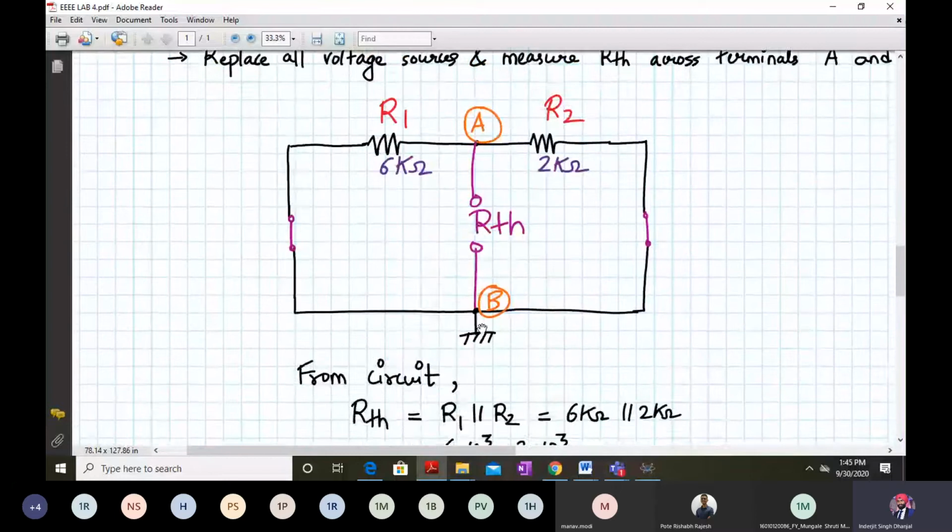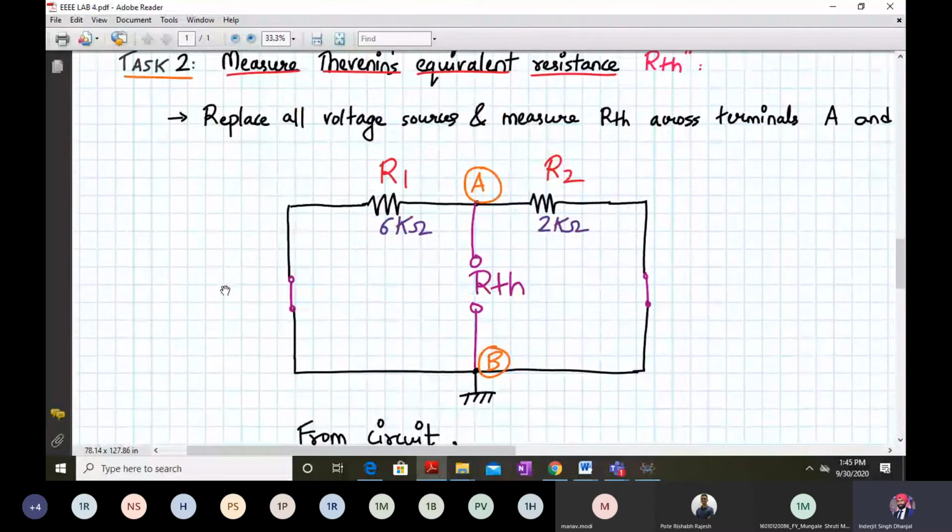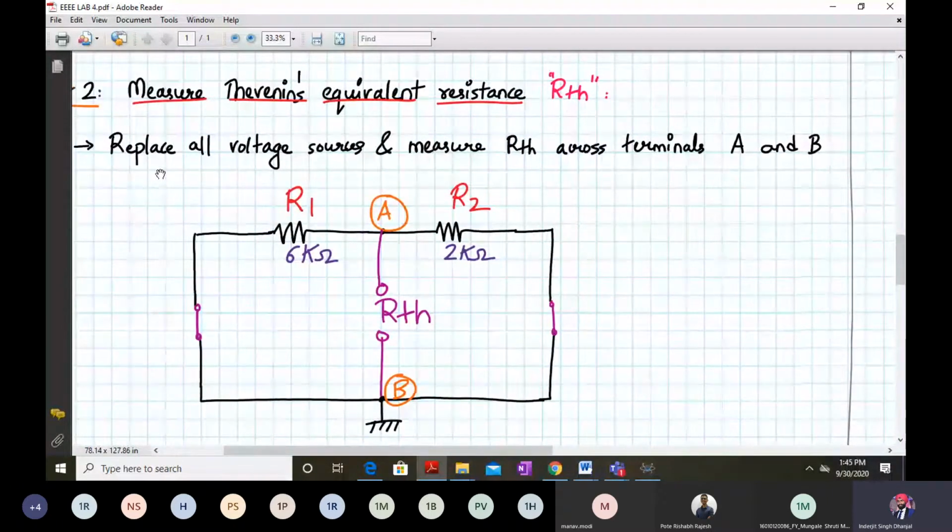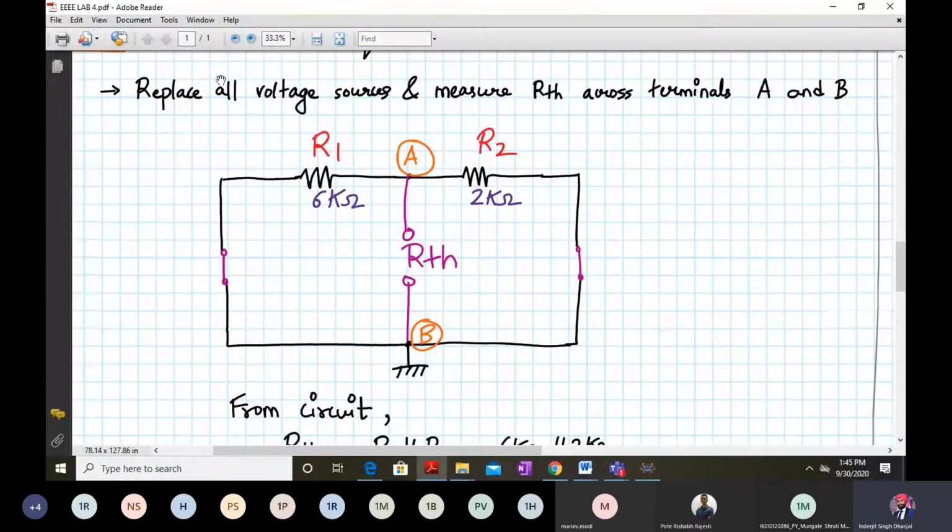So what I mean is something like this. You have shorted the inputs, the two voltage sources V1 and V2 are 0 now, and we have removed the resistor RL, and we are finding RTH, the Thevenin's equivalent resistance. So that's the step I've written over here: replace all the voltage sources by a short circuit, and measure the RTH across the terminals A and B. I forgot to write "across" here. The term short circuit is not there, but it is actually doing that, and we can measure the RTH across the terminals directly.